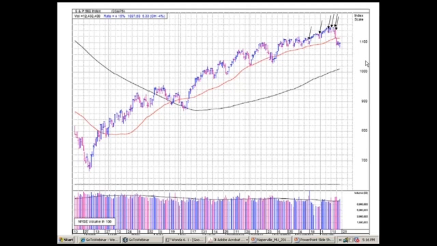Right now, you had the first day of an attempted rally, and tomorrow would be the second day, and we will count them and see if it can follow through. So no matter how strong it is on the first or second day, it doesn't mean anything to us. So at this point, we're in a downtrend.